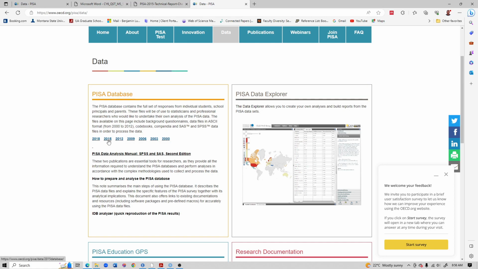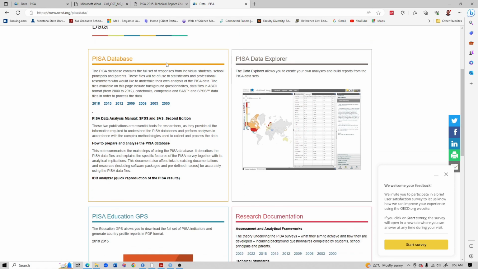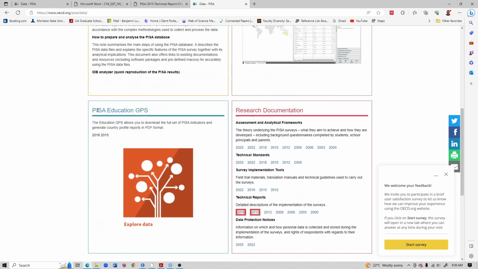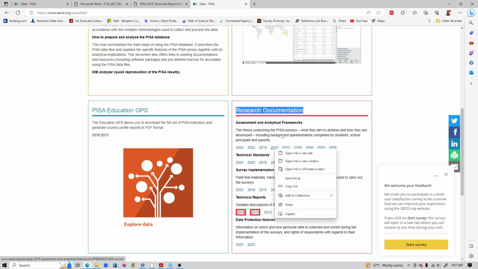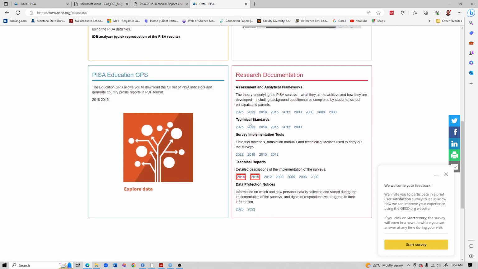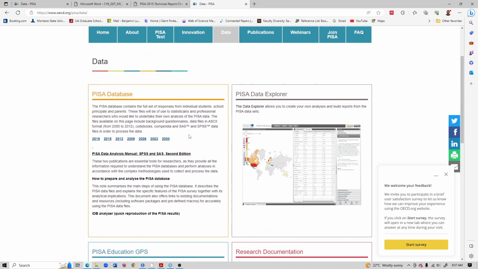So I'm just going to click on it. Well, by the way, this is the database, and these are some documentations that you can use. So if you want to read more about the assessment and analytical framework for any specific year, you can just click on this, the 2015, and you read it. Okay, if you want technical standards, survey implementation tools, technical reports, you can read all these things. But I'm just going to go ahead and click on the 2015,